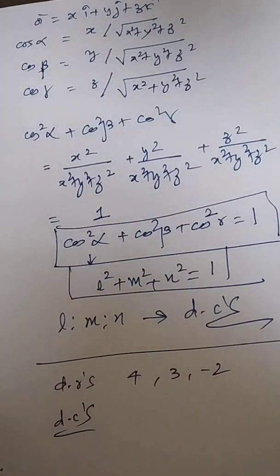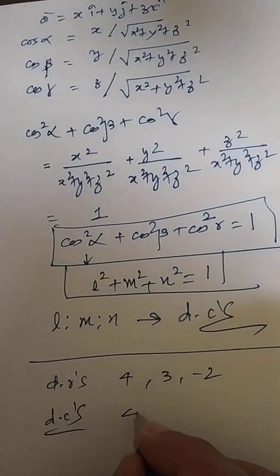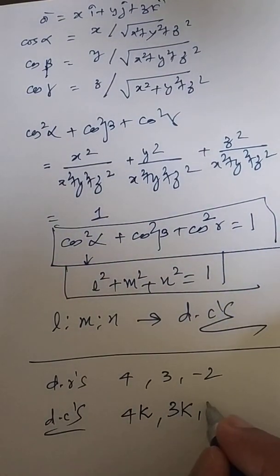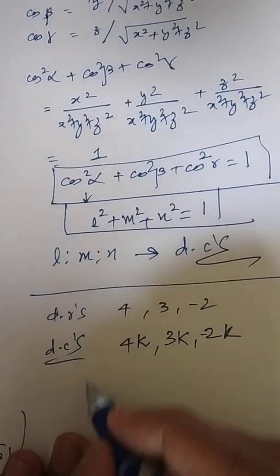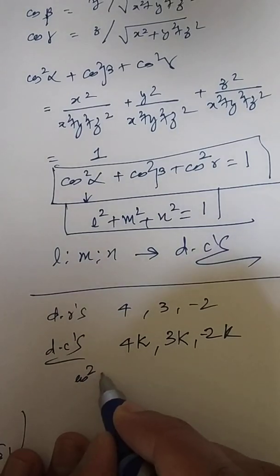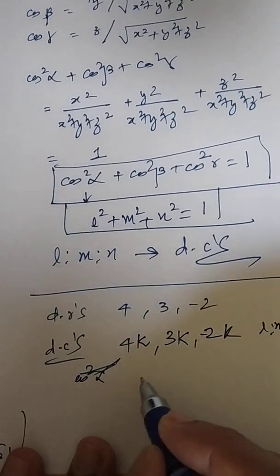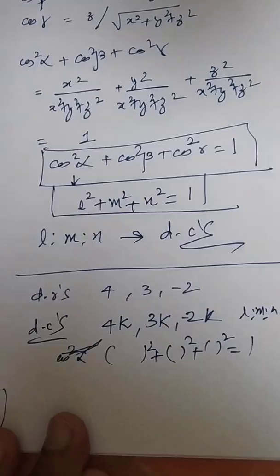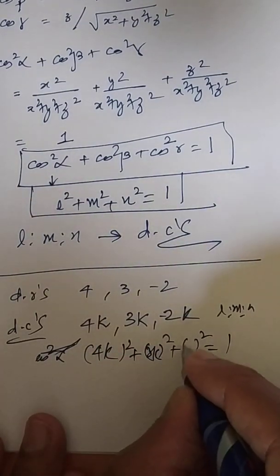If you look at this, some multiple of this will be equal to this. Some multiple. So, I should say direction cosine will be nothing but, is it like this? Okay, direction cosine. But you know what cos square alpha value is. Means l, m, n values are now known to us. But what is the rule? l square plus m square plus n square will be equal to 1. What is l? 4k, here 3k, here -2k.